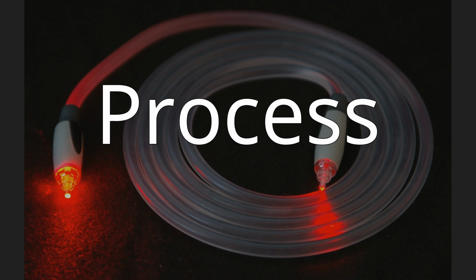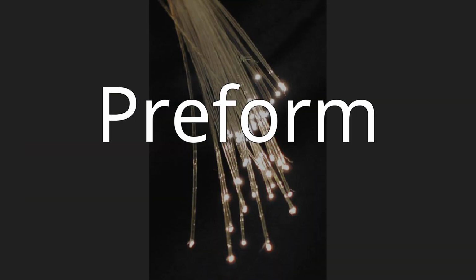Process. Preform. Standard optical fibers are made by first constructing a large diameter preform with a carefully controlled refractive index profile, and then pulling the preform to form the long, thin optical fiber. The preform is commonly made by three chemical vapor deposition methods: inside vapor deposition, outside vapor deposition, and vapor axial